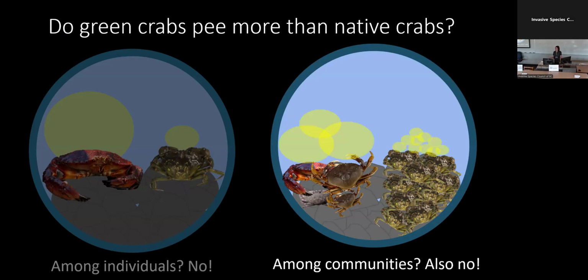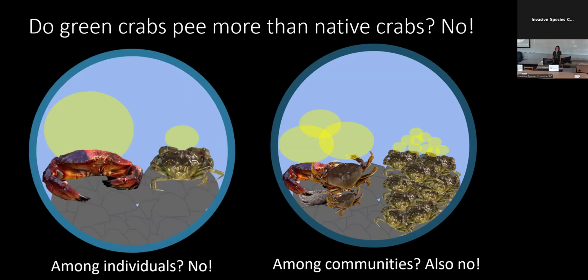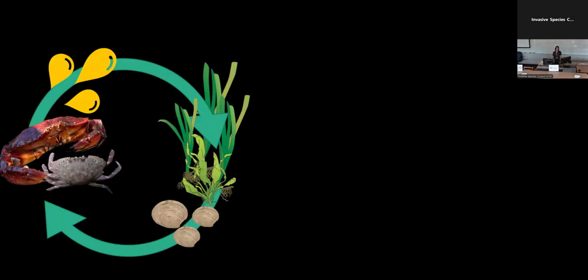And are they peeing more than native crabs in general? Not at all. So this is not great news for native communities. If you imagined a native healthy ecosystem with native crabs, they're going to be receiving nutrients from the ecosystem by eating lots of prey. However, they're going to be recycling those nutrients in the form of ammonium back into the ecosystem, kind of maintaining